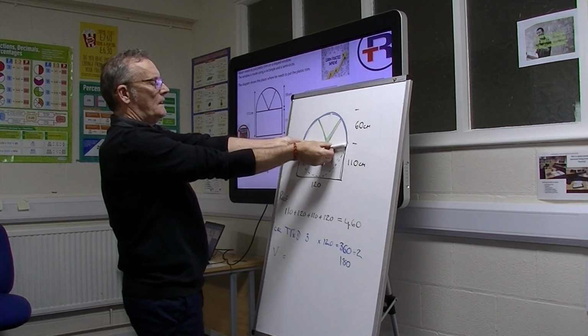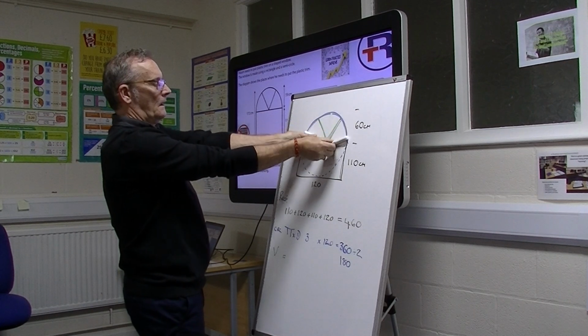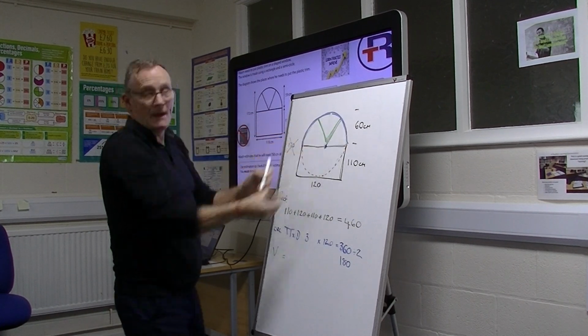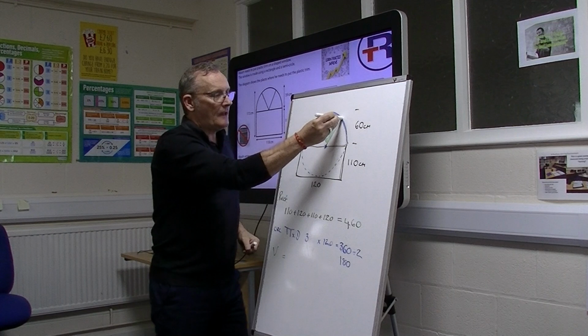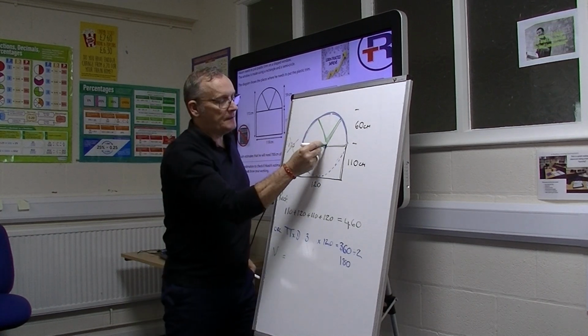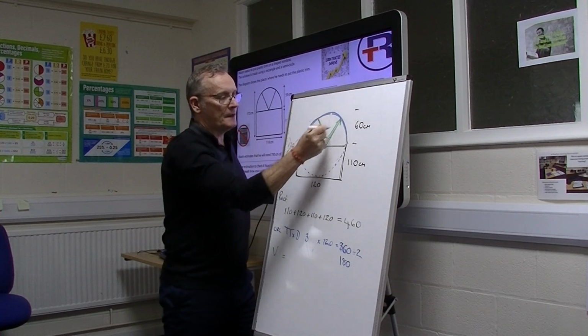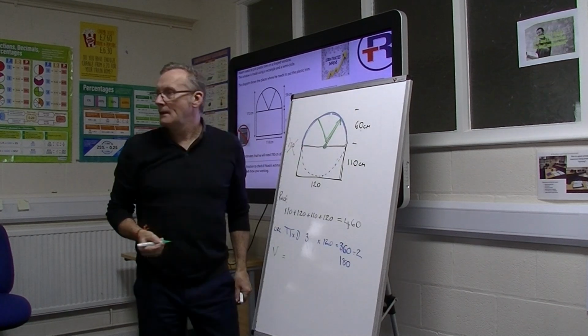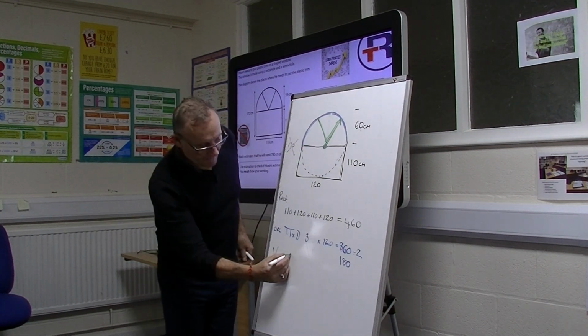How big's that V? It's 1/3 of it. It's 120, isn't it? That there is a radius. There's the centre. There's the outside edge. That's the radius, and the radius is 60. So the V is 60